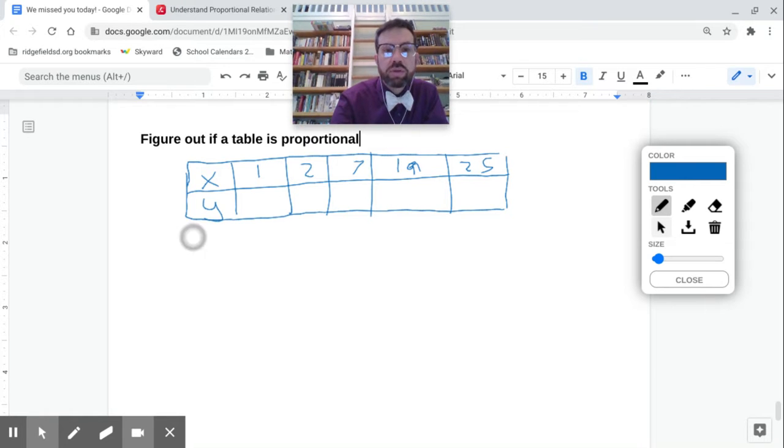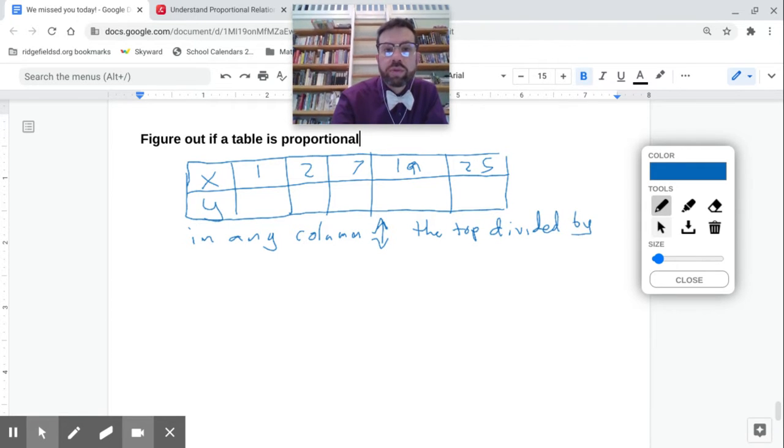So in any column, and for those of you who always forget, like I do, that columns go up and down and rows go side to side, we can draw a little arrow. In any column, the top divided by the bottom is the same. So no matter what, so if this is 1 to 3, then 2 to 6, and 19